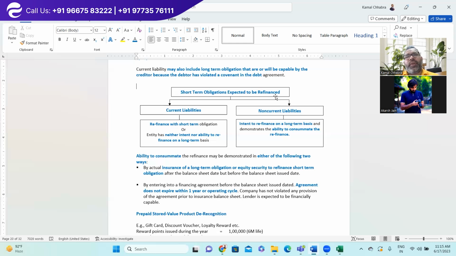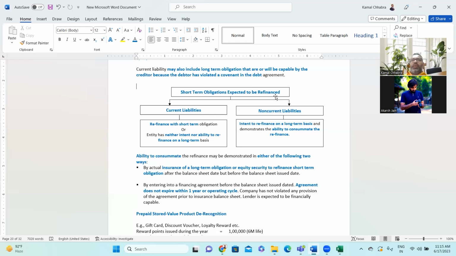For example, you have taken a short-term loan for 6 months, a working capital loan, but you are planning to refinance that with a long-term one. Then you need to decide whether to disclose it in current or long-term liability. Or you have taken a long-term loan, for example a home loan for 15 years,